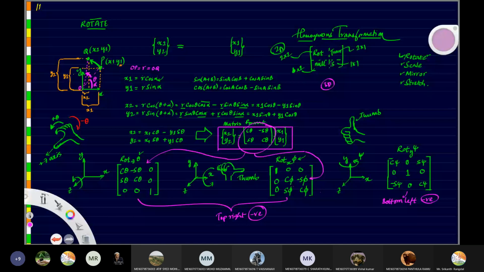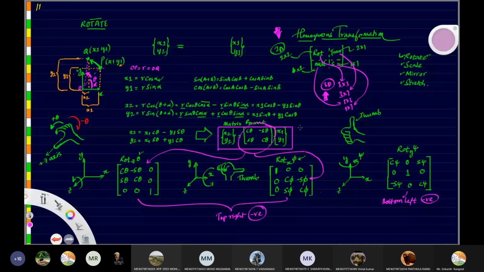And for three dimensions, the rotation matrix will be a 3 by 3 matrix. Transform matrix will be 3 by 1 matrix. Null matrix will be 1 by 3 matrix. Scale matrix, as usual, will be 1 by 1. So this is the difference between 2D and 3D. Understood? Yes, sir.